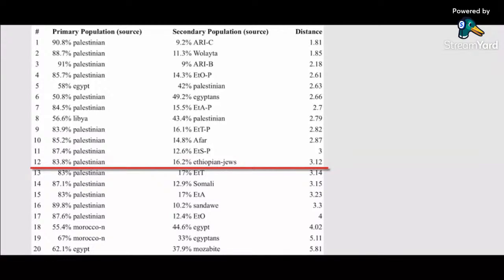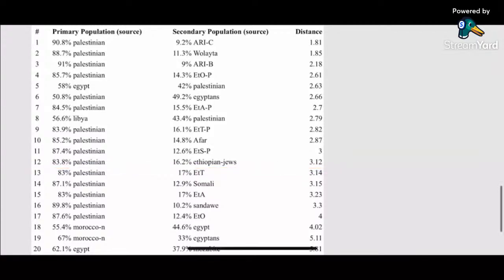And as was noted, a result you get in Oracle doesn't necessarily mean you actually have ancestry from that population. Moreover, note that I am not 16% Ethiopian Jewish, but I got a hit for Ethiopian Jewish at a distance of 3. I would propose that if someone is bragging about a hit they got in Oracle at a distance significantly larger than 3, we should see the likelihood of them actually descending from that population being significantly more improbable than the odds of me being 16% Ethiopian Jewish. Food for thought, right? With that, let's choose a different calculator.